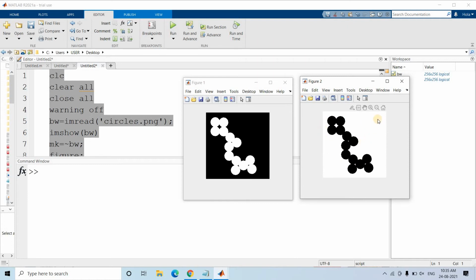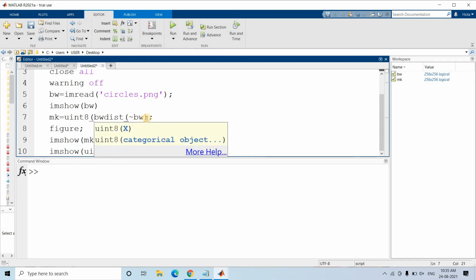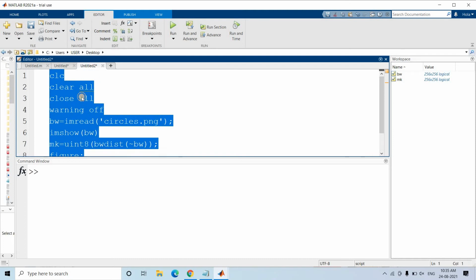And if we apply distance transformation on this image, it is quite clear the center part has the maximum distance from the white background, so it will have maximum intensity, the brightest pixel, right? So let us apply that. Let us apply BW dist. If you are applying distance transformation, make sure you are converting to unsigned integer 8-bit representation, otherwise it will look like a normal black and white image. Now let's see. Okay, so we are getting the result.